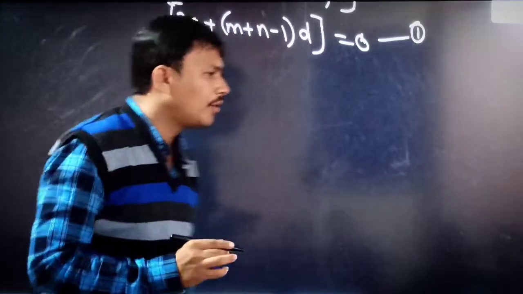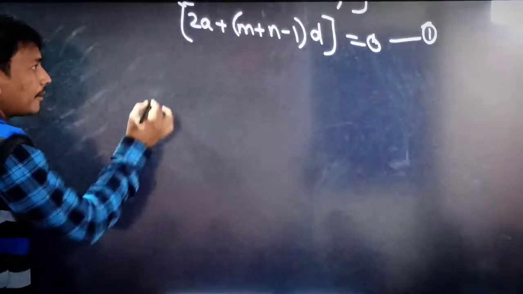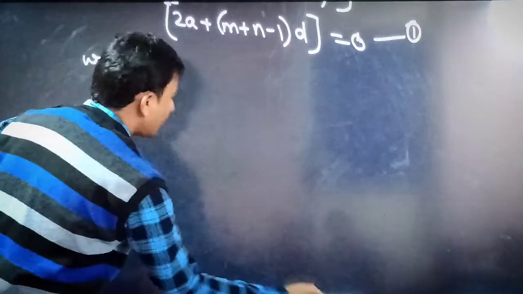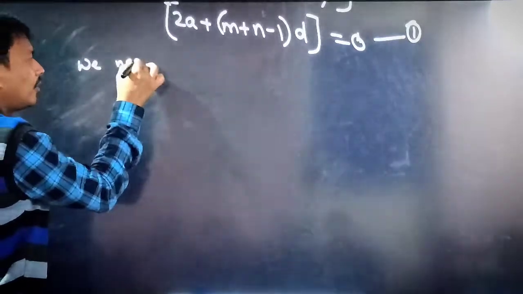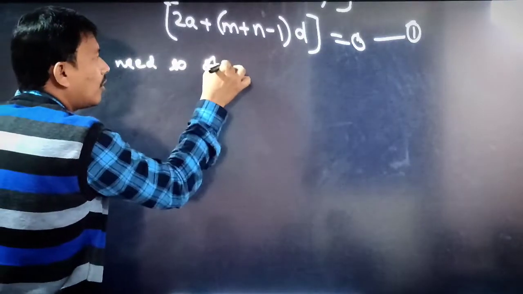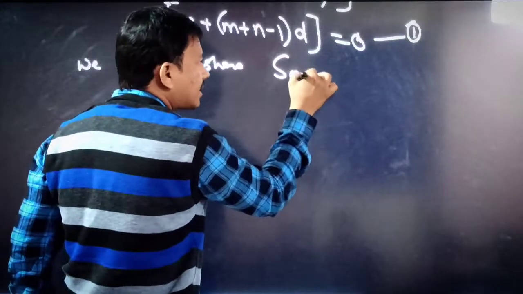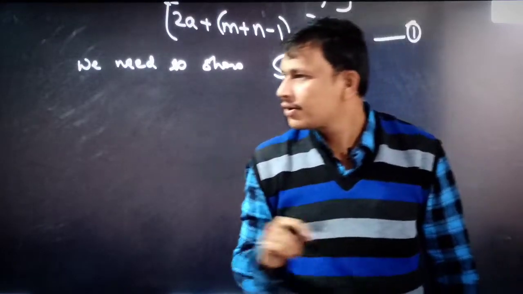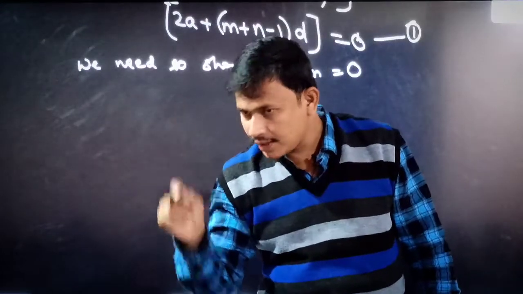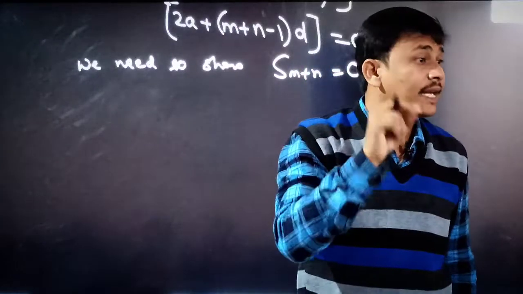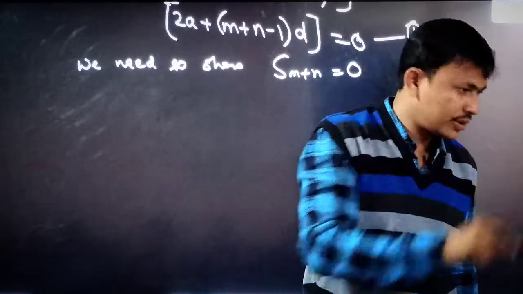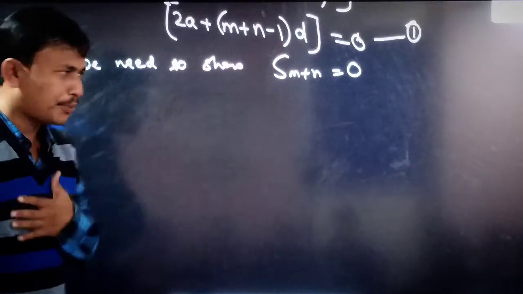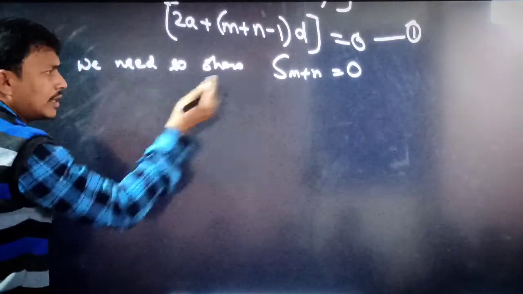What we need to show? We need to show S m plus n is equal to 0. We need to show that. The question asks: the sum of m plus n terms is 0. Therefore, S m plus n is equal to 0, we need to prove. S m plus n can be written as